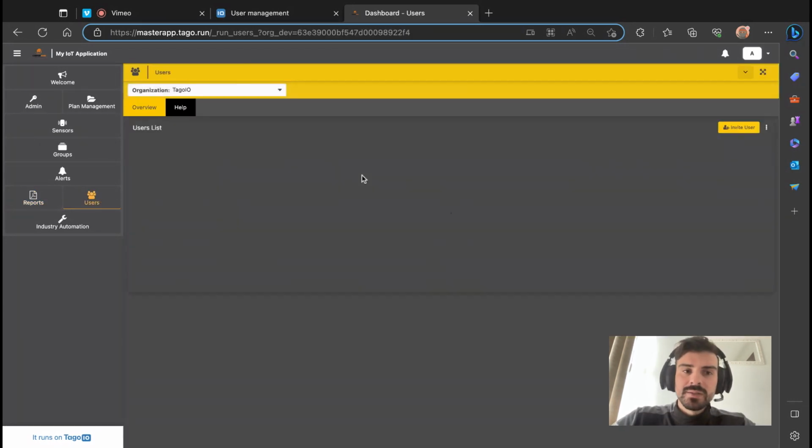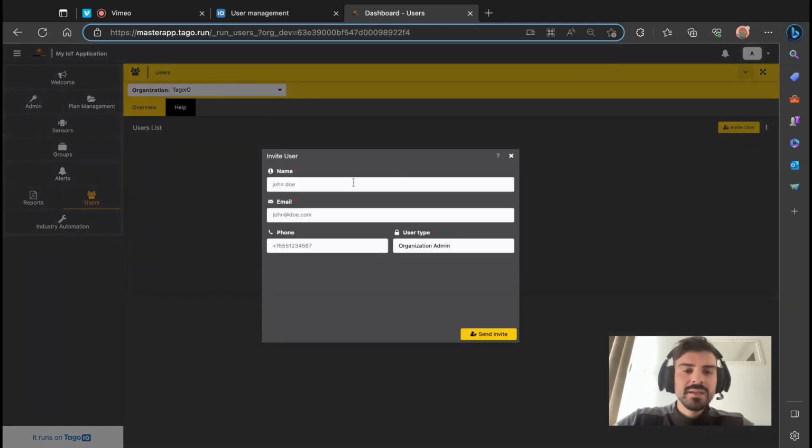User management. This is a really cool feature to have as well. When I invite a user to my application, I can say whether this user is an administrator or a guest user. Why? Because if he's an organization admin, he will have the power to create new sensors, delete logs, and have some controls that would affect the application, let's say majorly, but not entirely, because remember, here we are at our run. So our run is our application model, so the user won't be able to do a lot of messy things